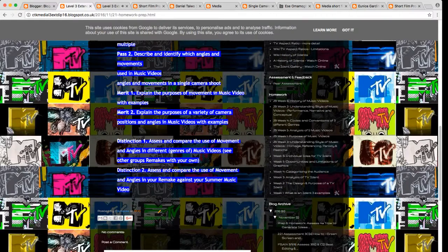If you're going for the distinction, which I would encourage you to aim for, you would need to assess and compare the use of this in different genres. So for example, how does hip hop use movement in a different way that rock uses? Which movements are more hip hop and which movements are more associated with rock or pop? Finally, you'd also need to assess and compare how you used movement in your summer video and whether that was successful or not and why. So that would be what